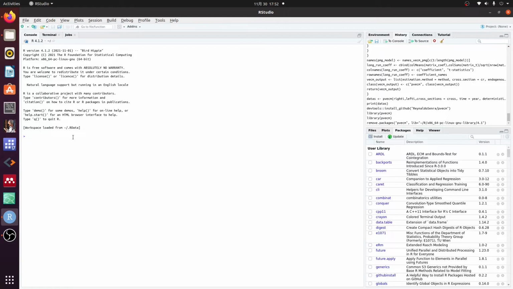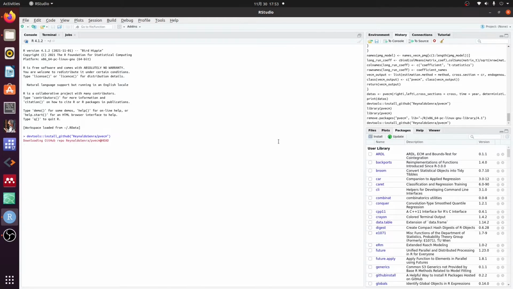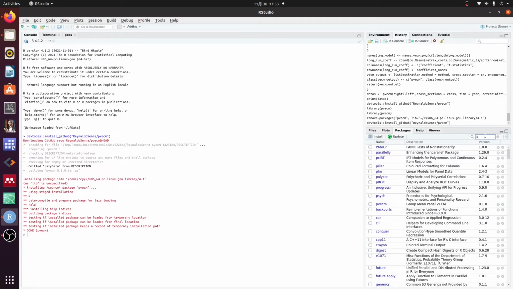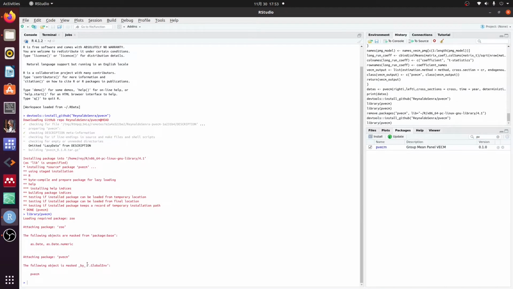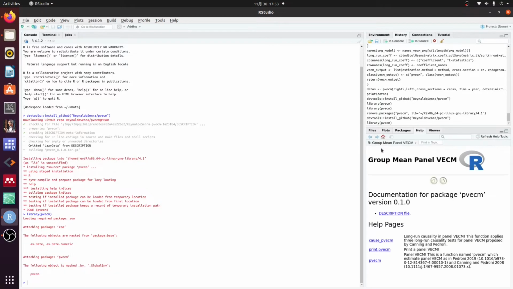In order to use this R package, we will install it first. We can install it by writing this in your console and pressing enter, and now we will see that our package is installed. We load it, and with this package we will work with the functions. We will work first with this pvecm function that actually estimates the